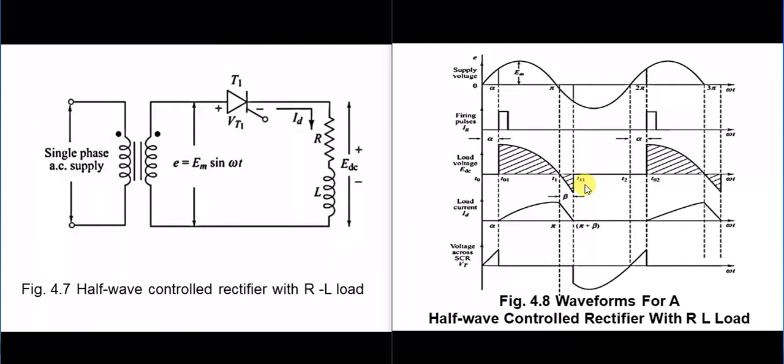This negative voltage is also coming because the SCR is remaining in its on state. So we have to turn it off during the negative half cycle. So by using a freewheeling diode in parallel with the inductive load, this negative voltage will be removed. We will discuss in detail how the freewheeling diode helps in removing this negative load voltage.